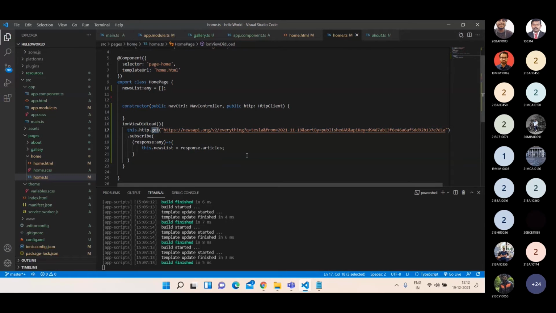Okay. And we found this URL from a website. If you are working for a company in real time, there will be a front end team and a back end team. Assume you are working in the front end team. The back end team will be providing some URLs like this. They will ask you to hit the URL to get a response. That time you will be passing the URL here. You got it? Yes, sir.